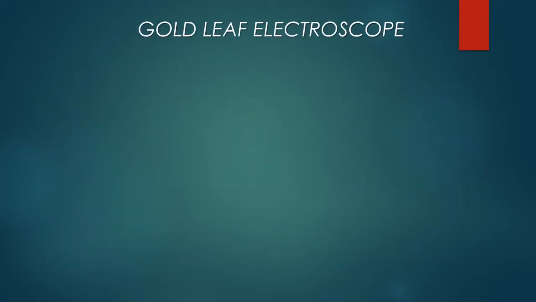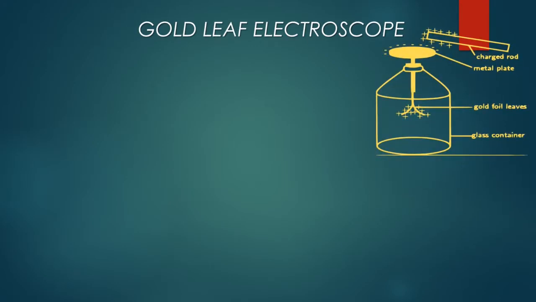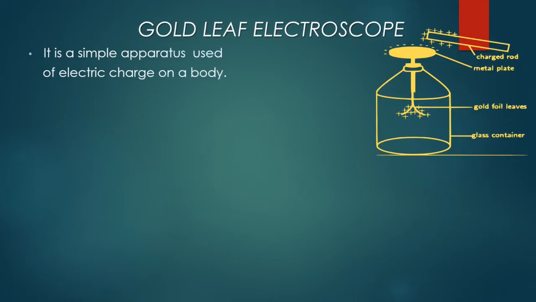there is a topic which is called gold leaf electroscope. That is a diagram of it. So you can see the apparatus. It is a setup apparatus. What is the gold leaf electroscope used for? It is used to detect the presence of electric charge in a body. If you have a body and you don't know whether it is charged, but you want to find out, you use a gold leaf electroscope to determine that. So you need to know the construction of it, working of it, why it is used, and the principle of it. So moving on,